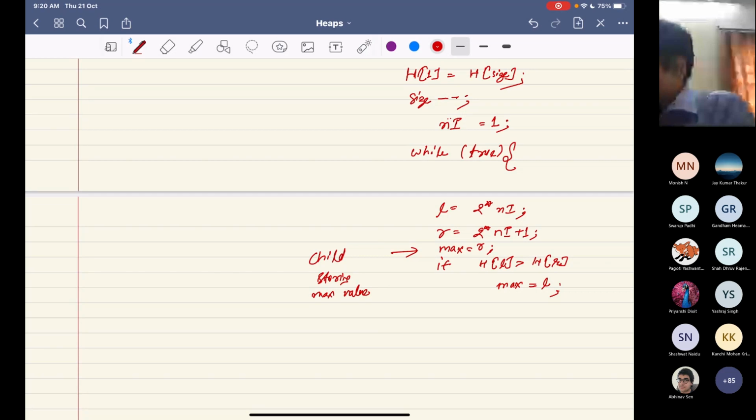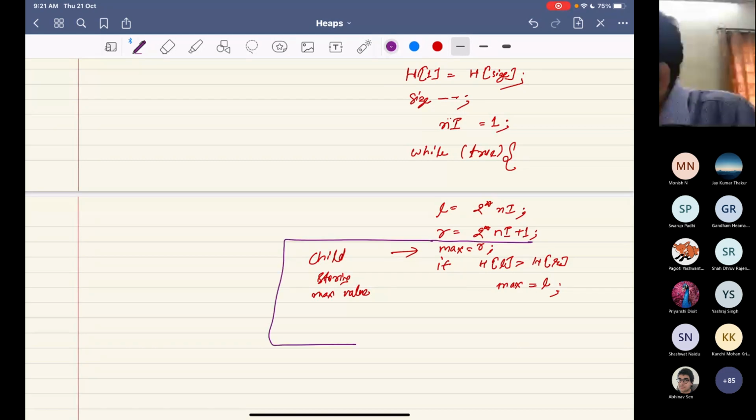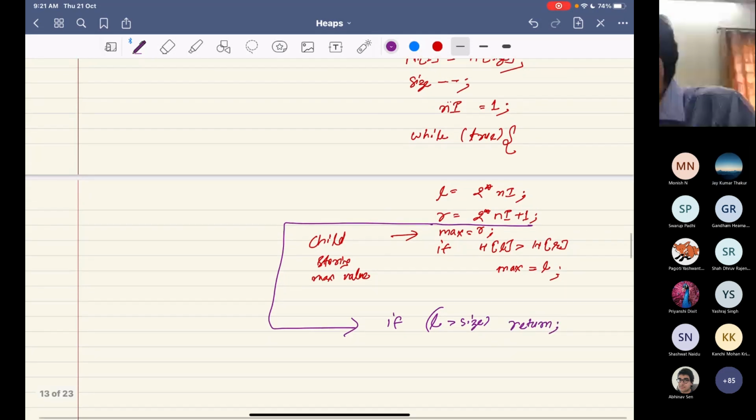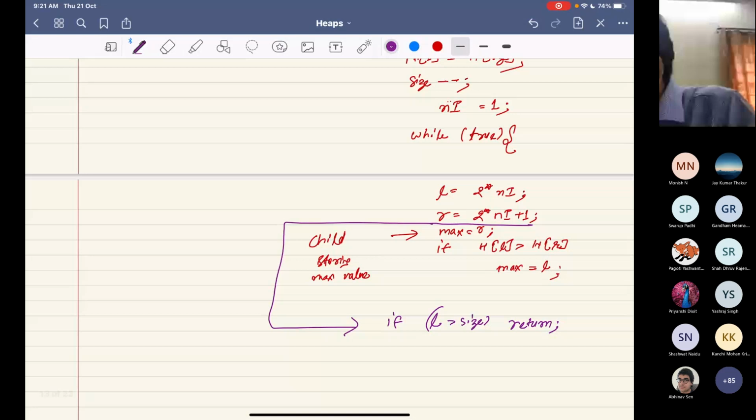Right. So after this, we have to make a check. If L is less than size, no, L is greater than size. That means the node has no child. Then just return. Nothing to be done if L is greater than size. Okay. Otherwise,